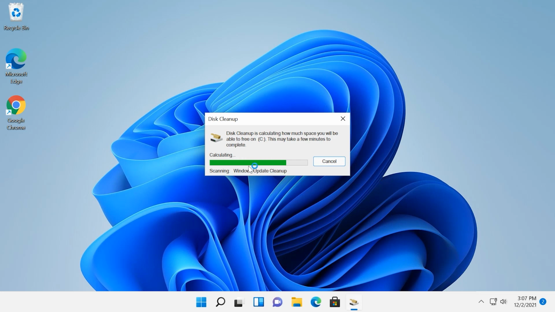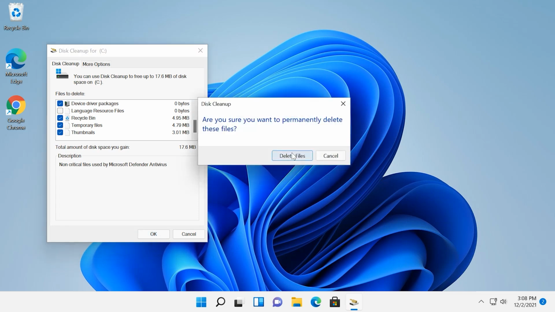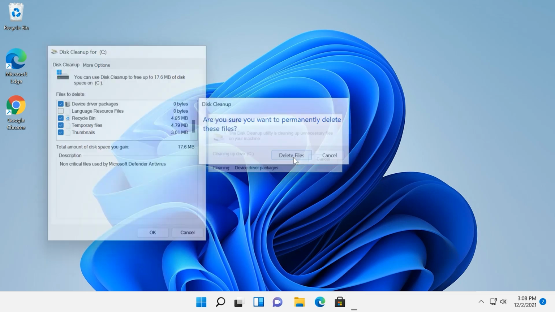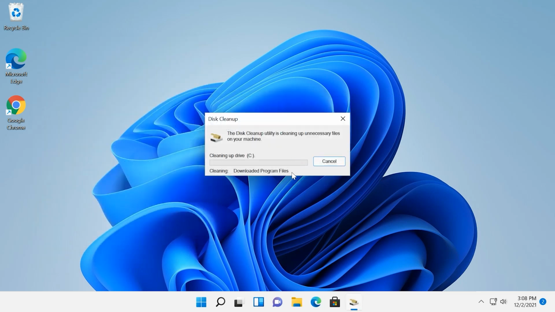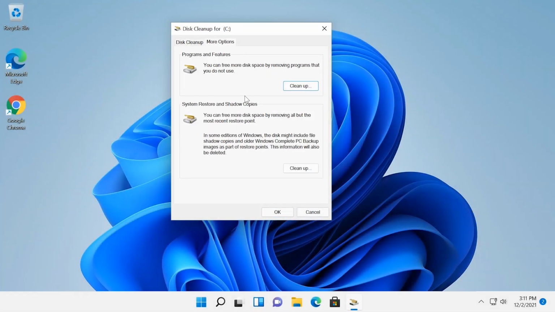round of scanning begins. This time, the list of files and the amount of data that can be removed will be bigger. Check the boxes for the types you want to clean and click OK. Wait until the cleanup process is complete. In the tab More Options, you will be able to free up more disk space by removing unnecessary programs or